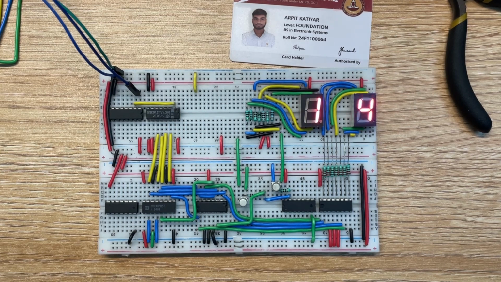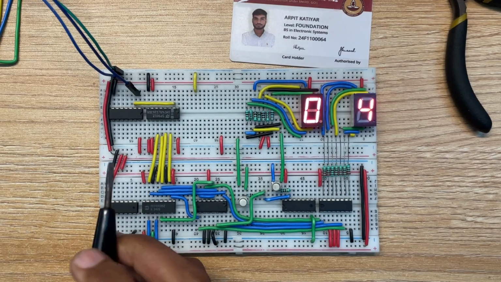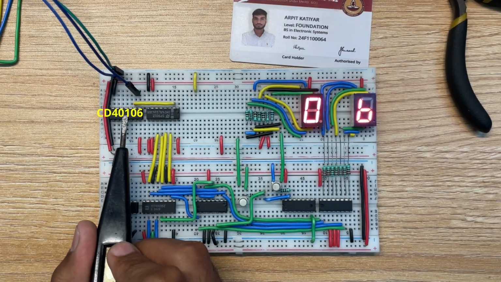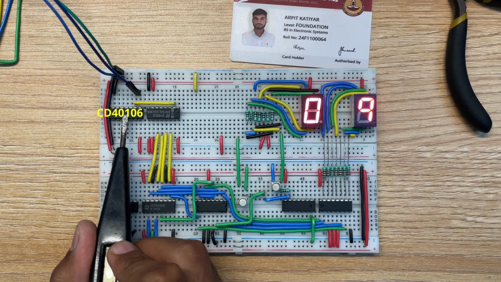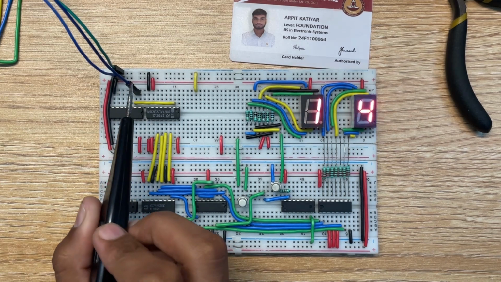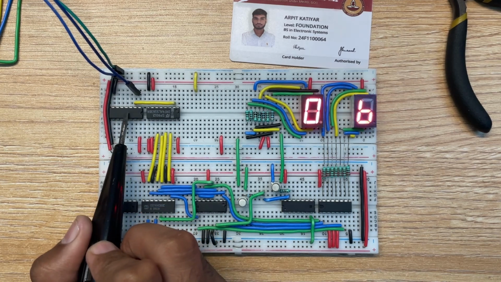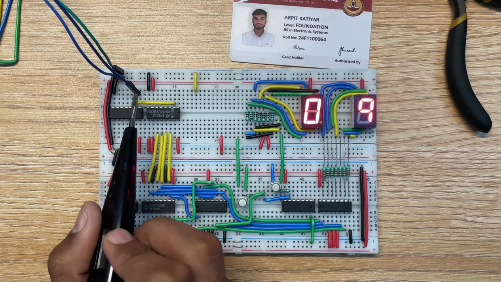So this is the schematic diagram of this experiment. In this experiment I am using 6 ICs. So let's start with the experiment and see each IC connection. This one is the Schmitt inverter IC. I am using this IC because this is channel A of the ADLM, the output of channel A that is coming from the ADLM, and it goes to the